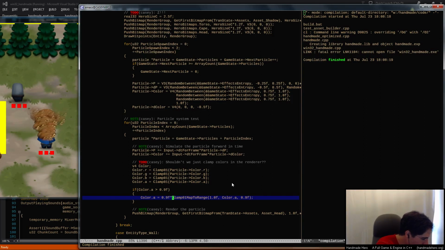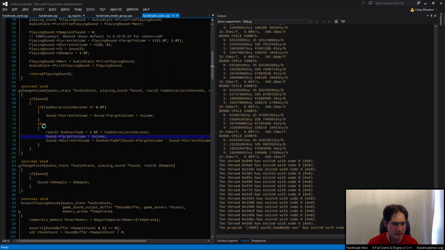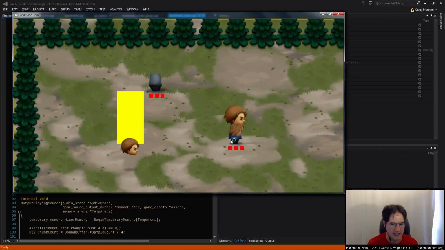Rohit N, not sure I missed it, but will particle pre-warming be supported? So I guess I don't really know what we'll be doing in terms of pre-warming. What the person is asking about is the fact that particle systems take a while to evolve to their natural state. Like, for example, right now you can see that this is what this particle thing should normally look like. But when I start up the game fresh, it doesn't look like that. It takes a while for the heads to fill out and be in the state that they're supposed to be at. And so for an effect, that doesn't matter because the effect is something that happens and